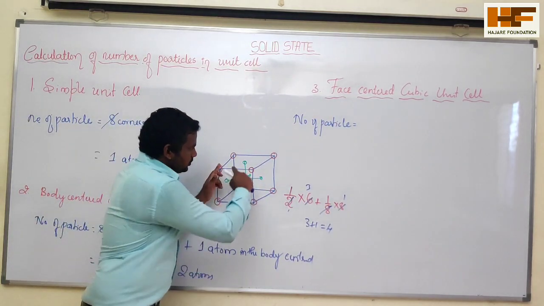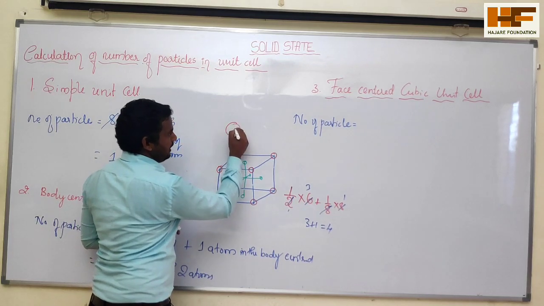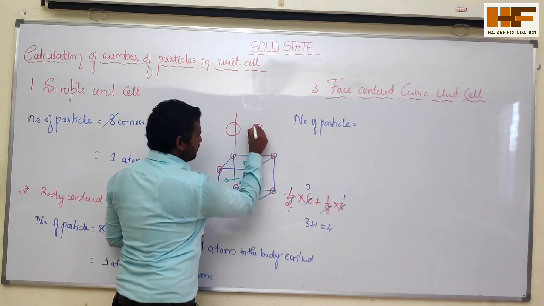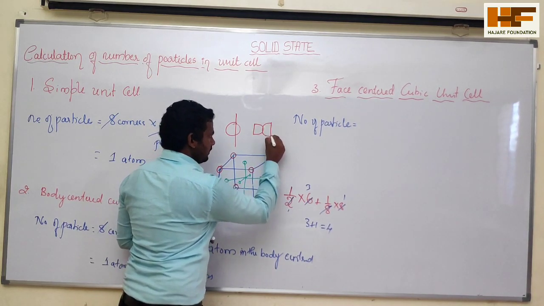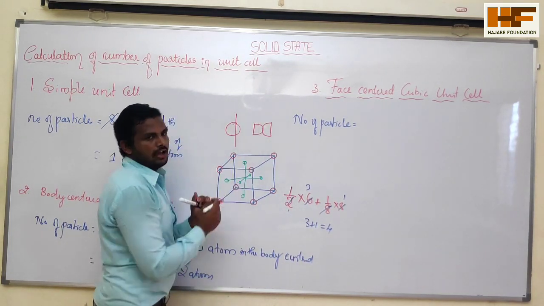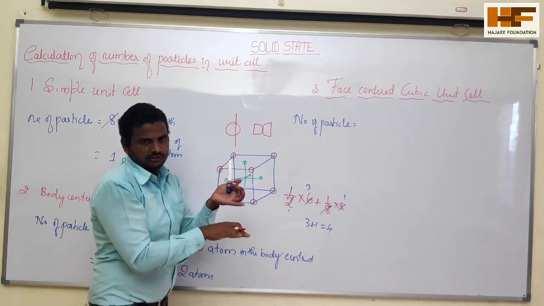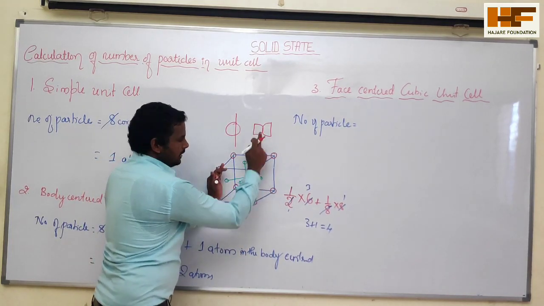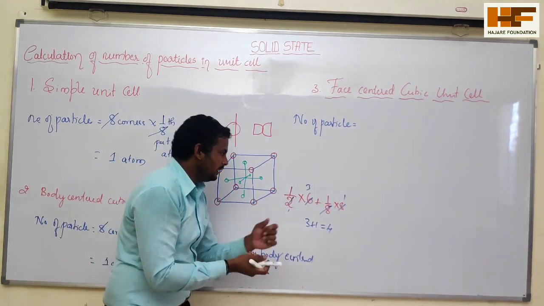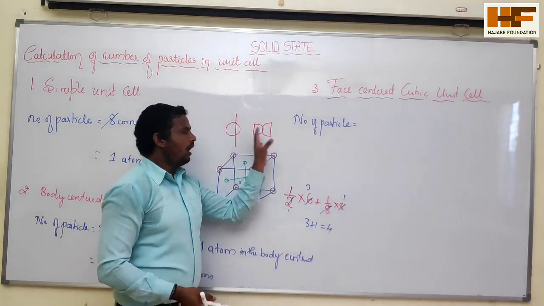So here at the 1 by 8 and the faces we are having like this. Suppose it is a lemon, if I cut it exactly in half, it is having the half part like this. Exactly at one face it is having the half part, in the opposite side it is having the half part, in the front side also the same, above is also 1, below is also 1. So at the 2 faces 1 atom, at the 2 faces 1 atom, and front and back, it is 1 atom. So totally we are having 3 atoms at the face side and 1 atom at all the corners.